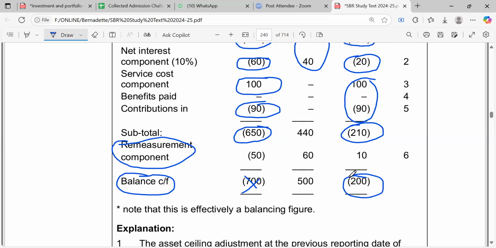It was a net asset, it was an asset. So it's negative again. So you ask yourself, my final figure is an asset of 200. But above here, I can see myself having a net asset of how much? 210. So is it a remeasurement loss or remeasurement gain? The remeasurement loss. Why are you saying the loss? You look here. Finally, it's 210, 200. No, this is what should have been. Remember, this is what you have from your computations.